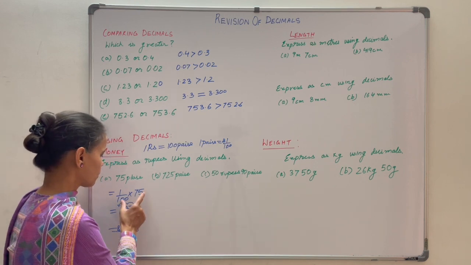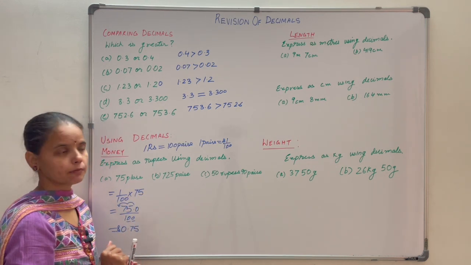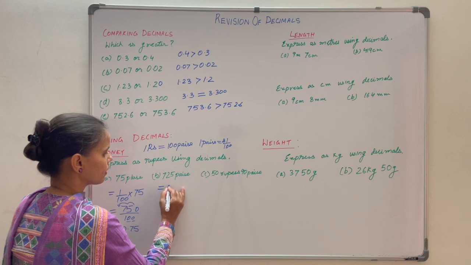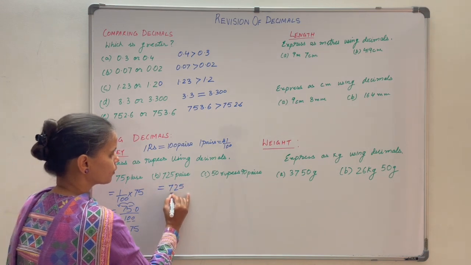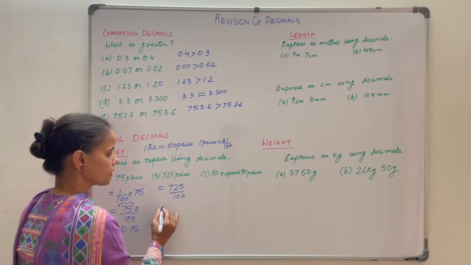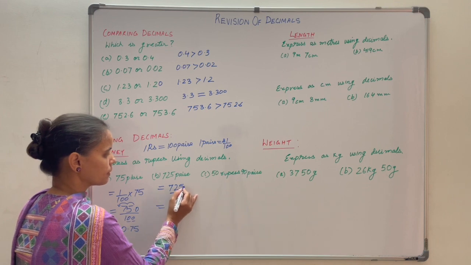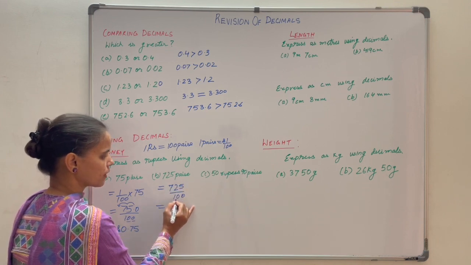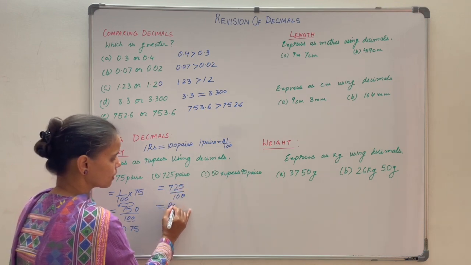725 paise. So what basically you have done? You have divided by 100. So let us divide this by 100 to convert into rupees. So division by 100 means shift the decimal points towards left hand side by 2 digits. So this is rupees